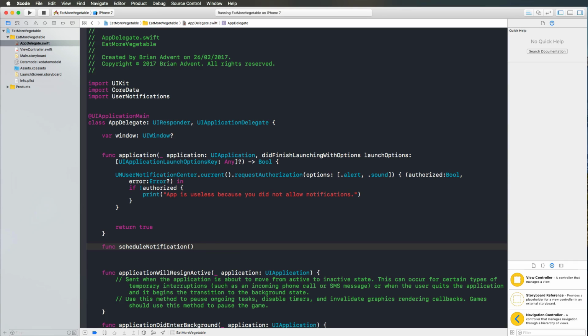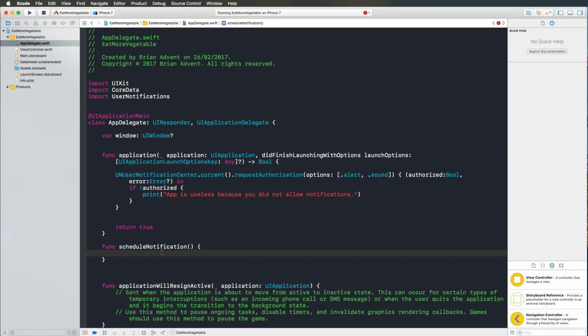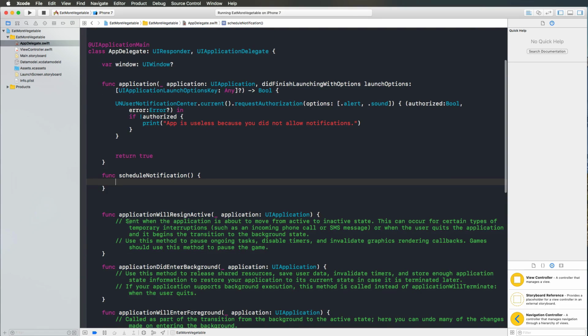And we're doing that again in app delegate, and we're calling this specific function here later from our view controller. So first of all, you have different options on how you can trigger notifications. Like you could use a time interval, which we are going to do. You could also use date components to trigger a notification on a specific date, but for our purposes we're going to use time intervals. So let's define a trigger right at the top here,